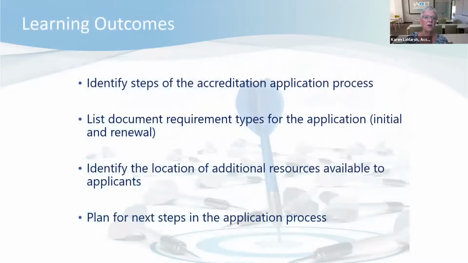By the end of this webinar, you will be able to identify the steps of the AP application process, as we will walk you through all the steps involved in accreditation. You'll be able to list the document requirement types for the initial and renewal application. We'll give you a description and a couple of examples of each type of document. You'll be able to identify the location of additional resources available to applicants. We'll show you where you can find more information on the IACET website. You'll be able to plan for next steps in the application process. We encourage you to take a moment at the end of this webinar to jot down next steps for you